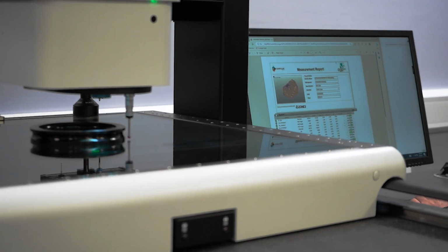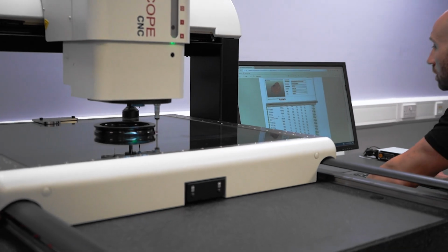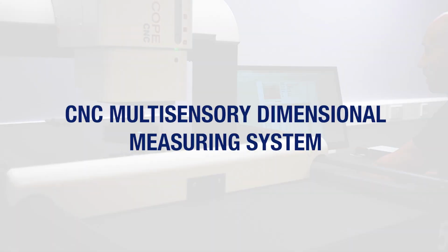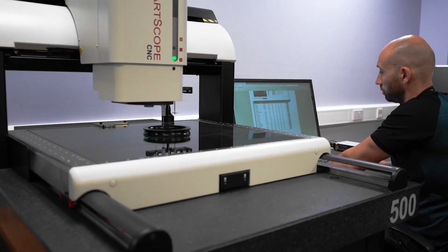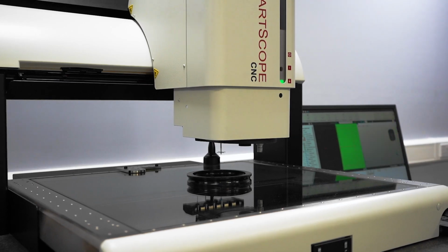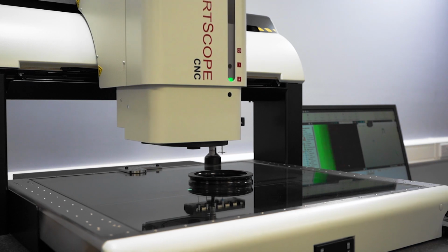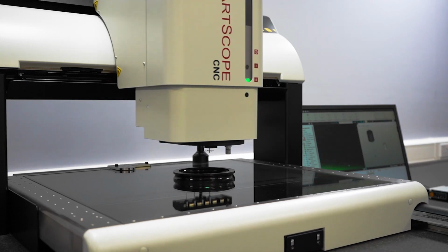17025. In this video, we shall look at one of the instruments in the PPE metrology laboratory, a CNC multisensory dimensional measuring system. This equipment is installed at PPE's UK production facility. The system is used to accurately measure the dimensions of manufactured parts such as spring seals, FS seals, packers, annulus